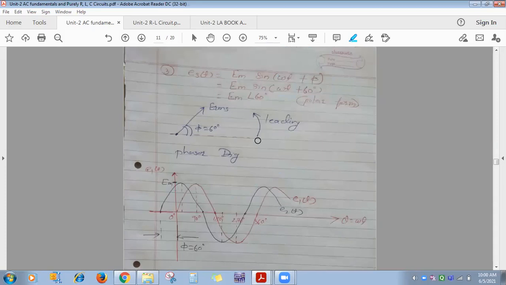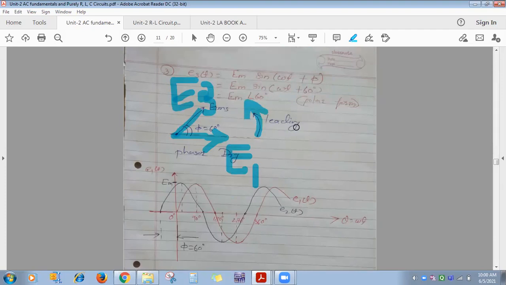Here what is the conclusion? Means in phasor diagram, suppose I denote E1, and E3 is at an angle of 60 degrees. So this is E3. So leading parameter in phasor diagram we represent in which direction, clockwise or anti-clockwise? See here E3 leads E1 by 60 degree. What is the conclusion? Leading parameter in phasor diagram are measured in clockwise or anti-clockwise? Anti-clockwise direction. Keep this in mind. Okay, in phasor diagram magnitude is equal to RMS value, and lagging parameter we measure clockwise and leading parameter we measure anti-clockwise. Okay?